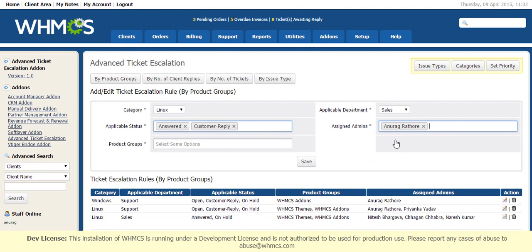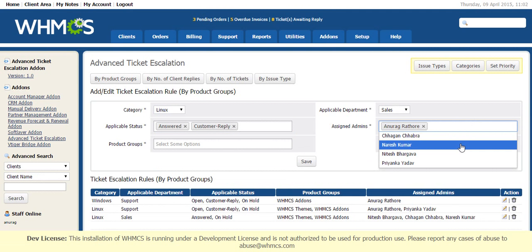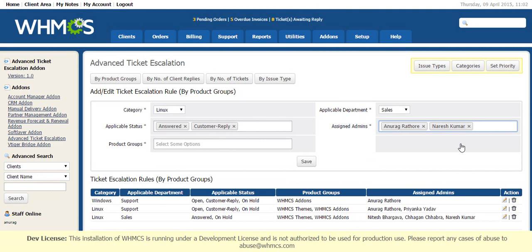Choose the admins. You can choose multiple admins to whom this ticket will escalate if the criteria are fulfilled. The ticket will escalate to one of the assigned admins and that admin will be notified via email.